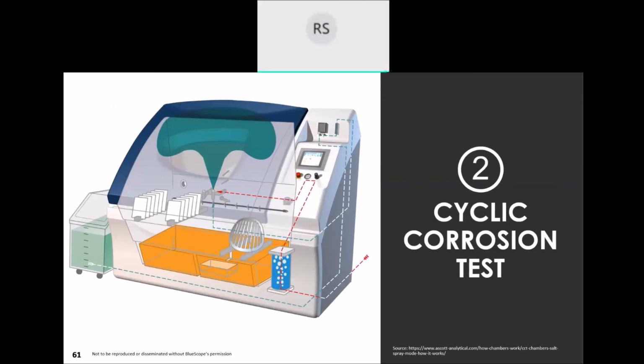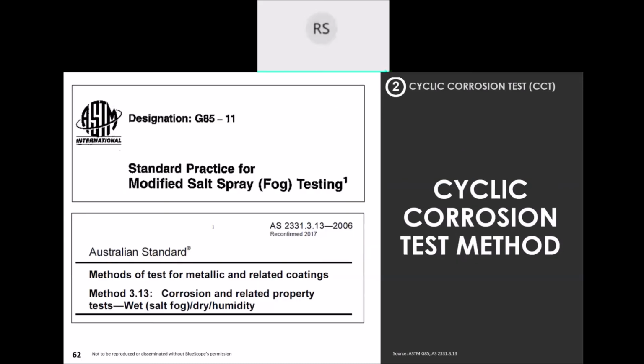So now you imagine, look out your window and whatnot. Does the weather constantly have rain? Right, the answer is no, right? So you actually have a drying cycle and also a wetting, which is like early in the morning where you have condensation happening or just normal misting and whatnot. So that is what cyclic corrosion is all about, right? Giving it a cycle, right? So of course in American standards, there's a reference to it for ASTM G85, and in Australian standards it's AS